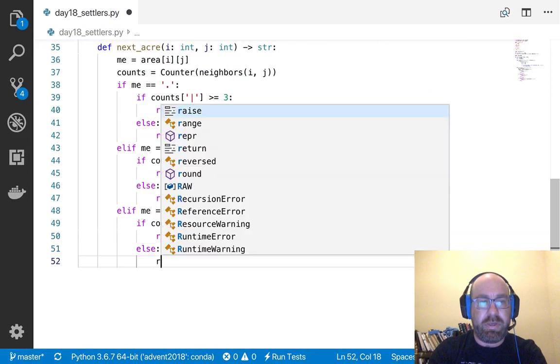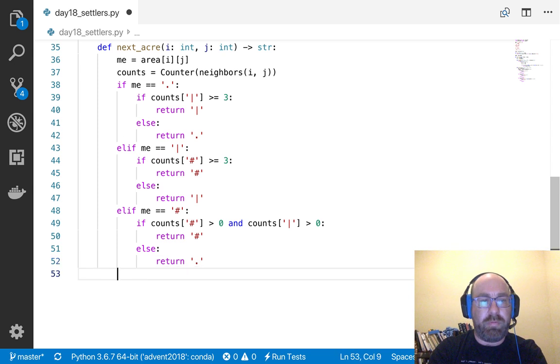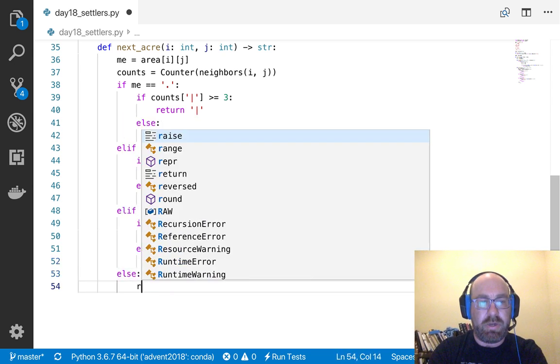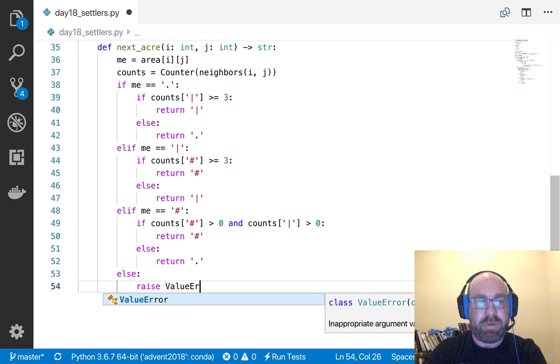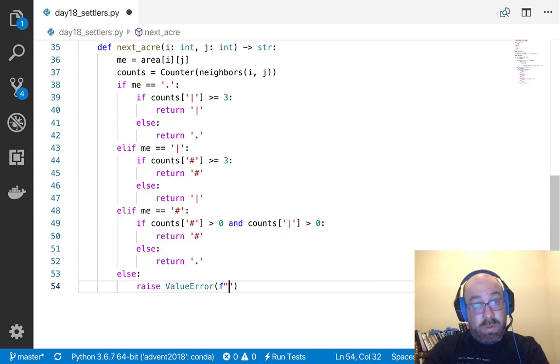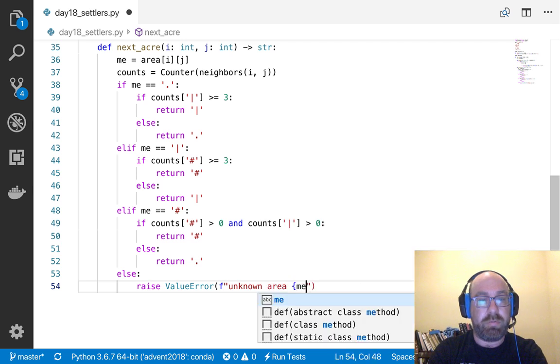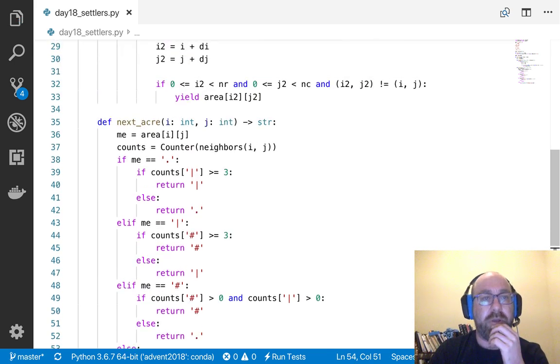Otherwise, it becomes open. And then otherwise, we'll raise a value error, unknown area me.